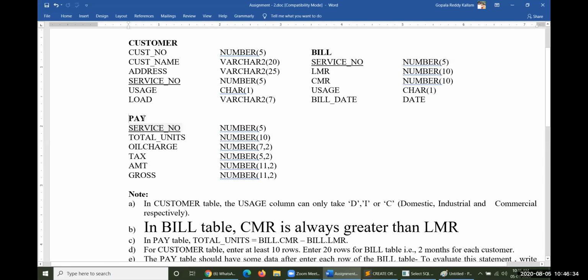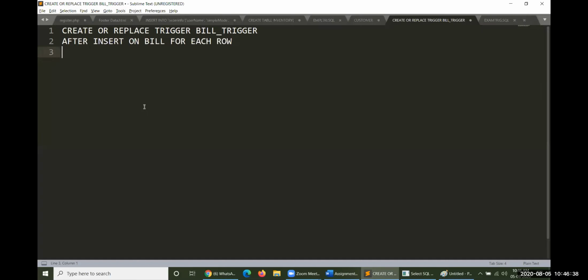So let me take total units first here. The declaration will be TTU, total units. Let me declare with very small values here. How this could be taken here is, in the pay table, there is a column named total_unit, percentile type.